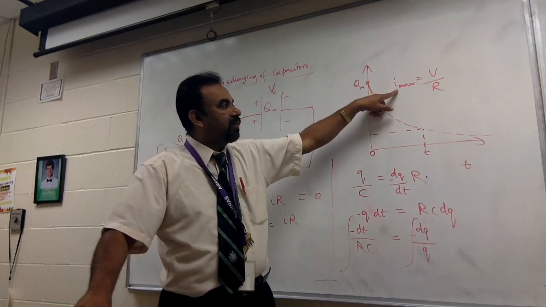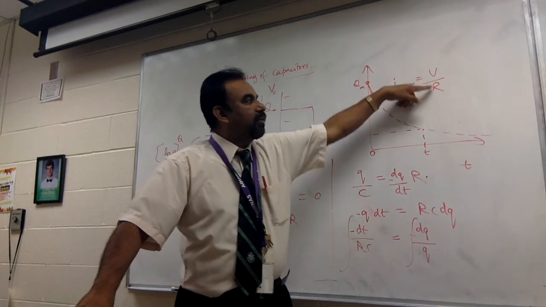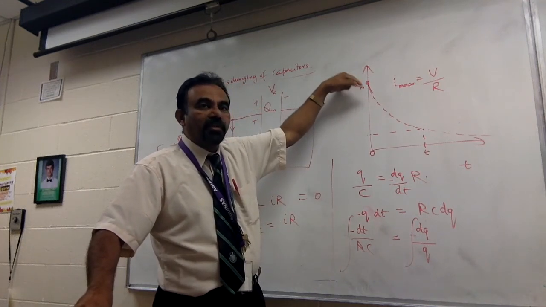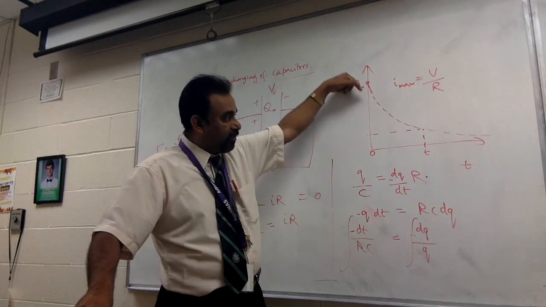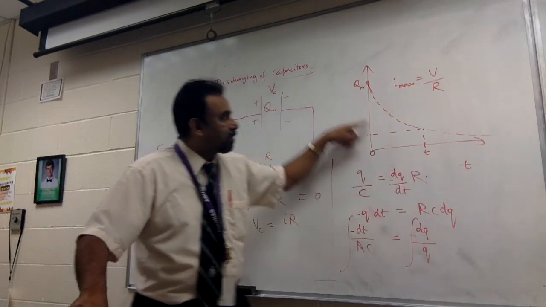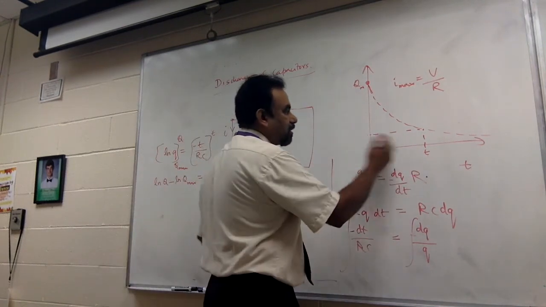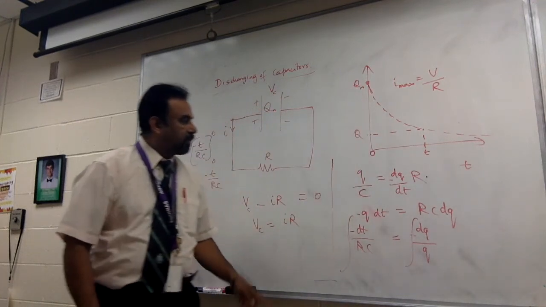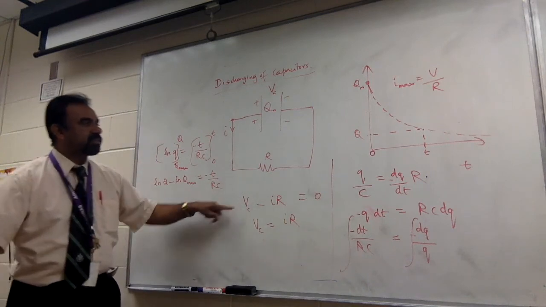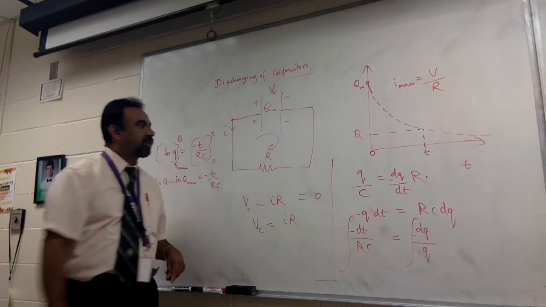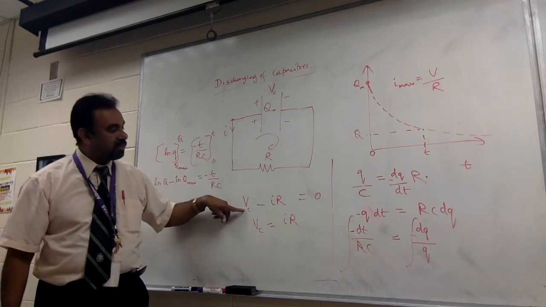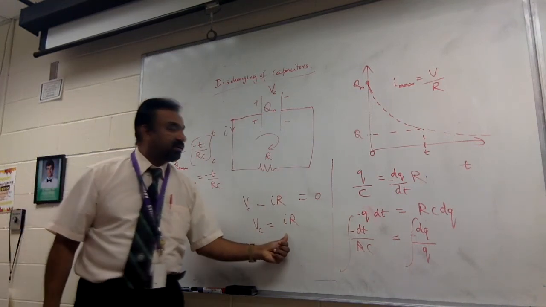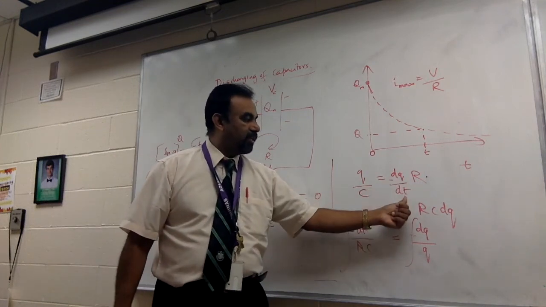So the value of I maximum is going to be V over R, the maximum, and that is going to be negative dQ over dt. The magnitude is negative dQ over dt. And with respect to some time, by the time some time passes by, this charge goes from Q max to Q. So bringing Kirchhoff's first loop rule into account, starting from here we have positive VC and then a negative IR equal to 0,